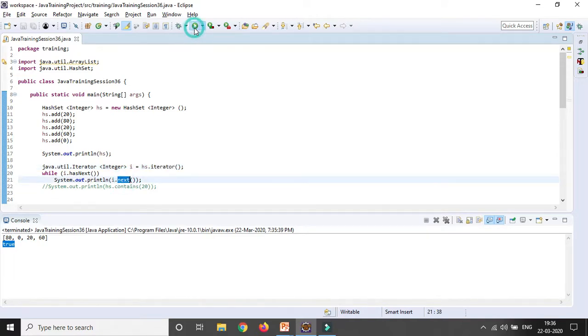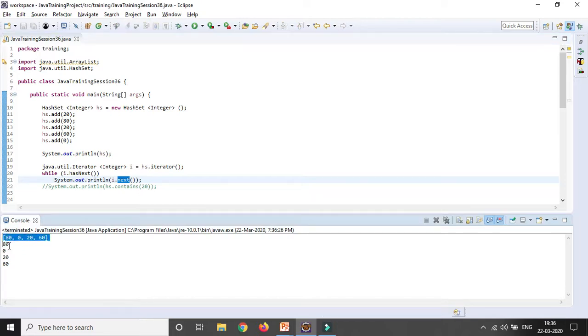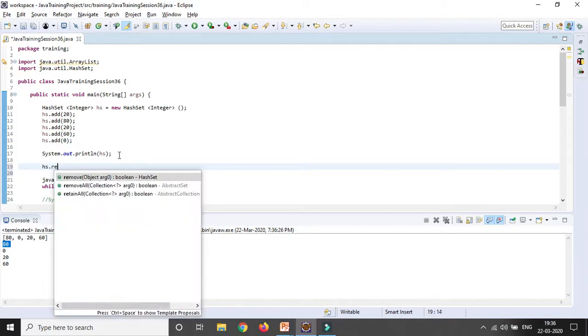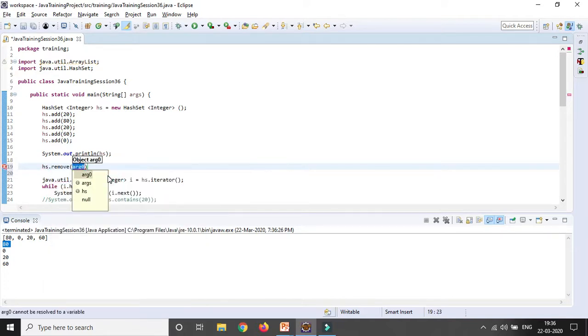So if you run it, you can see first it is coming in the array format, then it is coming one by one. Now you can remove any kind of value. So let's remove it, hs dot remove, suppose I want to remove the value 0. So I don't want to print it.